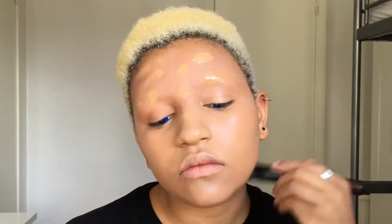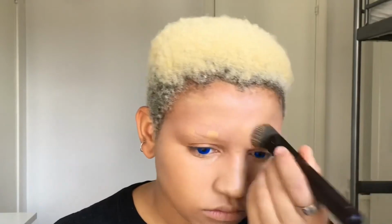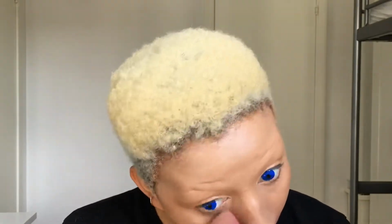I actually off camera went over them with a concealer brush and a bit more foundation, just because that way you can conceal them, but also it's easier so that you don't risk moving the glue too much. But anyway, we're also going to go over the foundation with a beauty blender. This is just to ensure that it's nice and smooth and that there are no streak marks or anything like that. And then we're going to set our eyebrows, and then we are going to move on to highlighting with